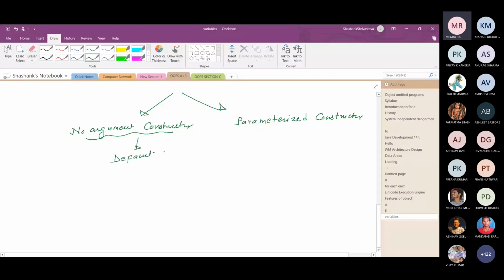The default constructor is provided by the Java virtual machine if and only if no constructor is defined or declared by the programmer.